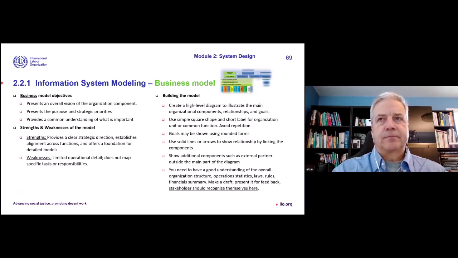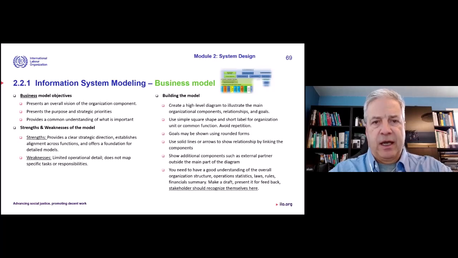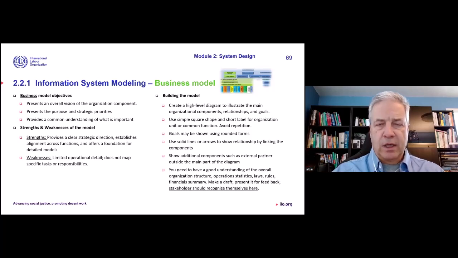The main goal of having a business model is to have a big picture view and to be able to communicate easily with the main stakeholders, the higher managers of the organization, and make sure that they understand where they are. Also, for you as the professional who has to deliver systems, it makes sure that you understand where you have to put in phases, and that you see all the components that are involved in the organization, that are involved in your new system.